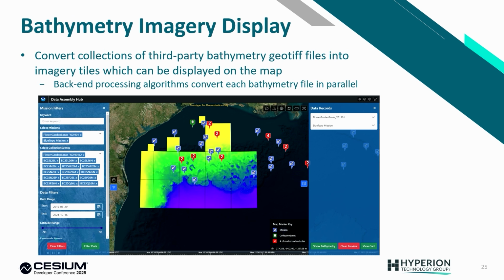We also display bathymetry files. Typically, we have data that are geotiff files. So in our backend, we convert them to imagery tiles. Typically, we deal with multiple files, so we're converting them in parallel. And on the screen there, you'll see an example of multiple bathymetry geotiff files that we converted and displayed on